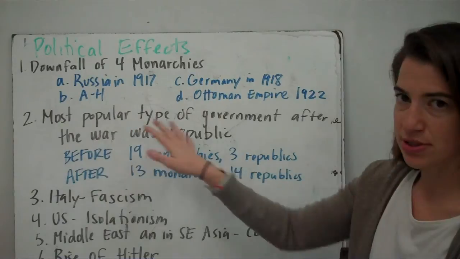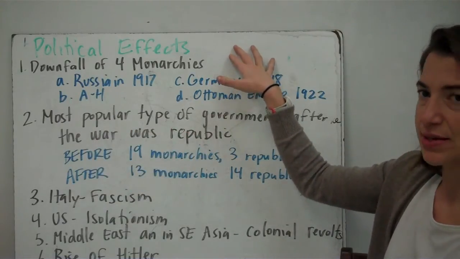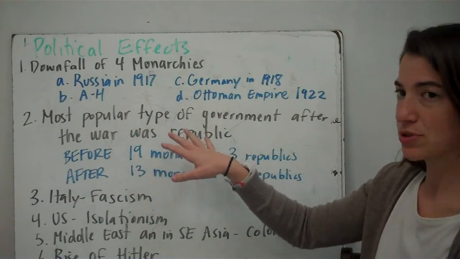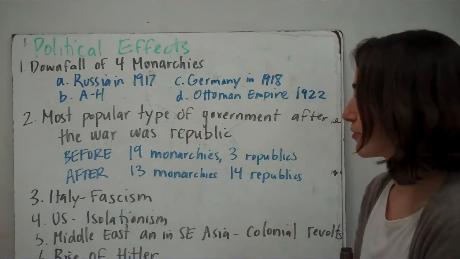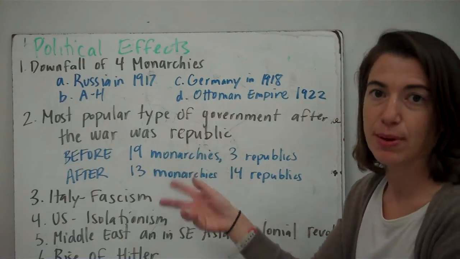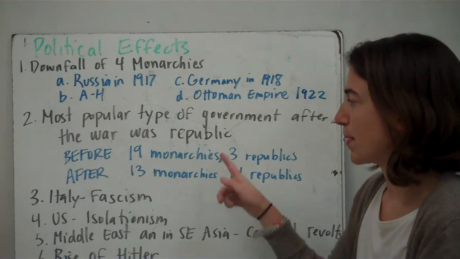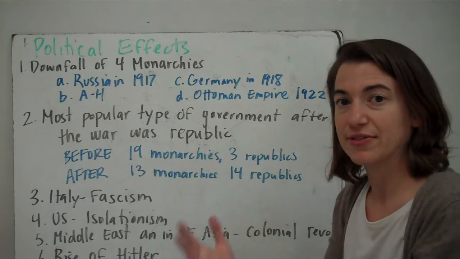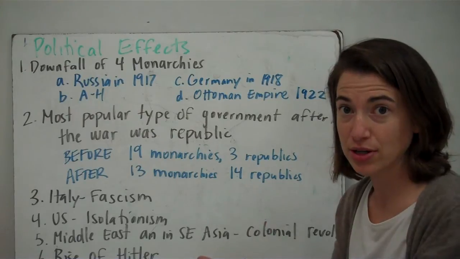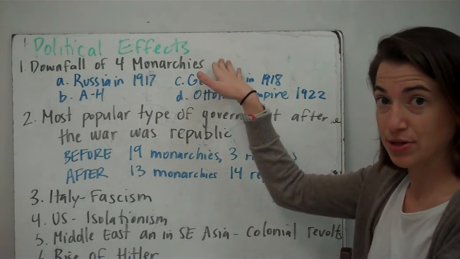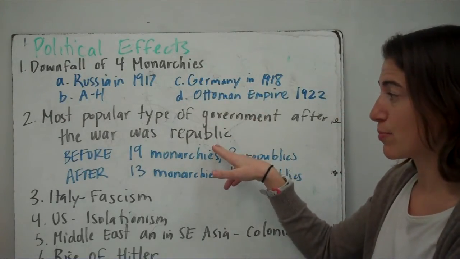So the big change that you see is, again, the downfall of ideas like monarchy, and the most popular type of government becomes the republic. And if you remember back from our flip lesson from last unit, the republic has to do with electing officials and people have the power, whereas in a monarchy, it was that one single person that had the power. So this becomes a lot more popular.